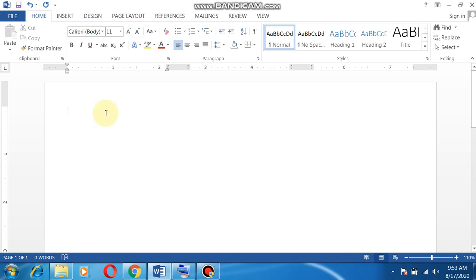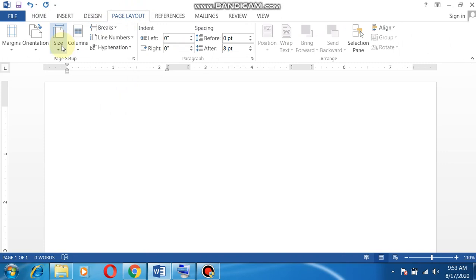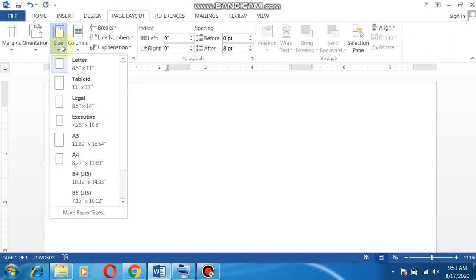we can set the paper size also. How can we set the paper size? Children, there are many paper sizes available: letter, tabloid, legal, executive, A3, A4. Generally we use A4, and the default setting available in Word is for A4 size paper only.